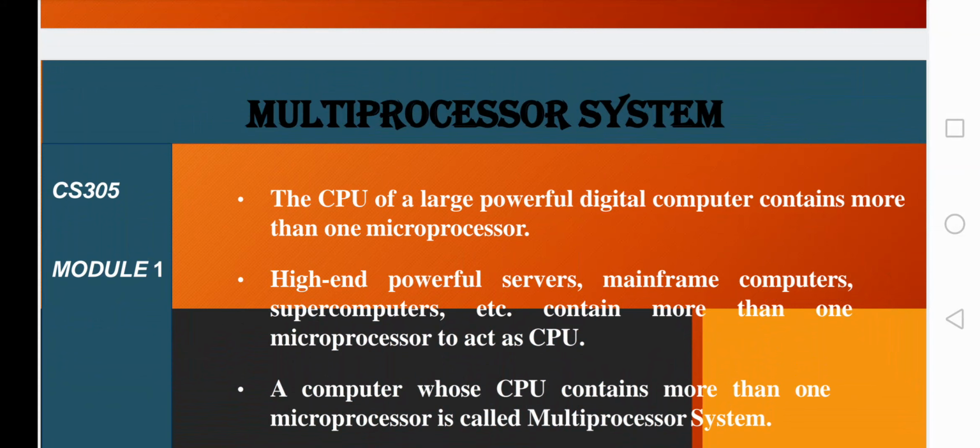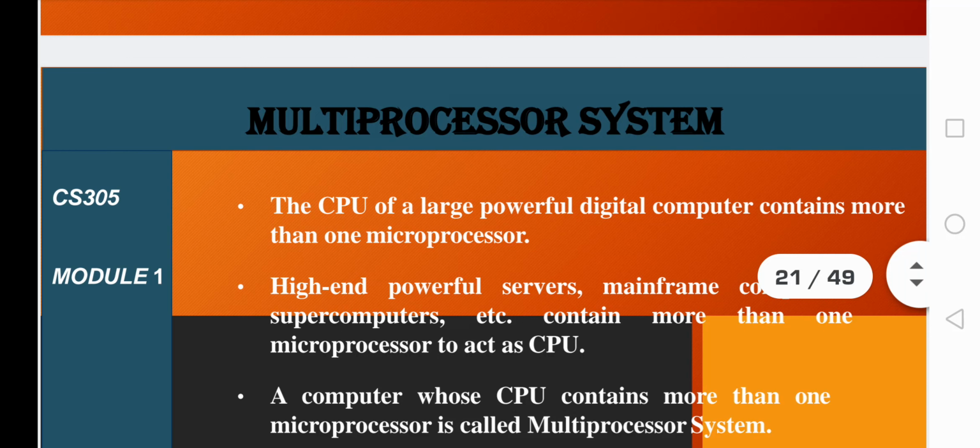So for what purpose are we using such a combined set of microprocessors? Because we need to do some more complicated tasks. We don't want to restrict our operation within a single microprocessor. We need to perform much more complicated tasks, or many more tasks, within a very limited amount of time. In that aspect, a single microprocessor won't be enough for us. We need to use more than one microprocessor.